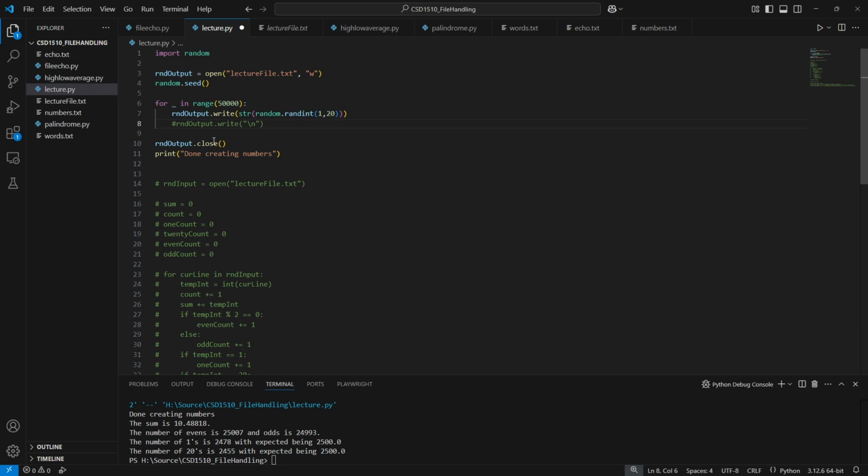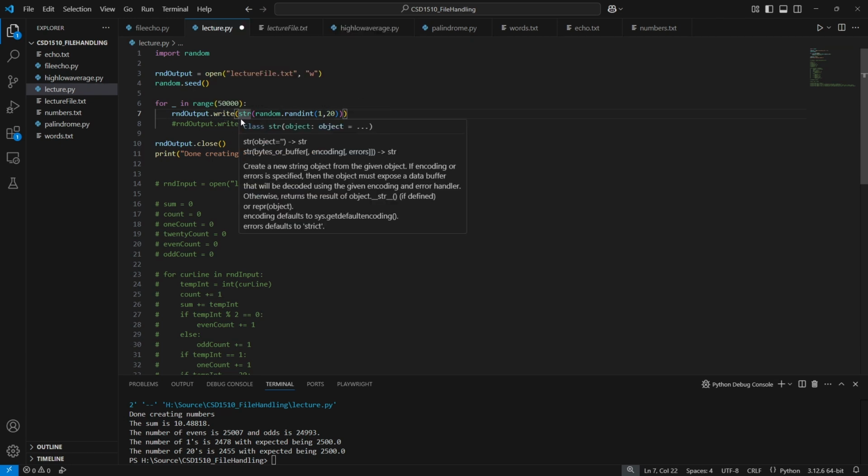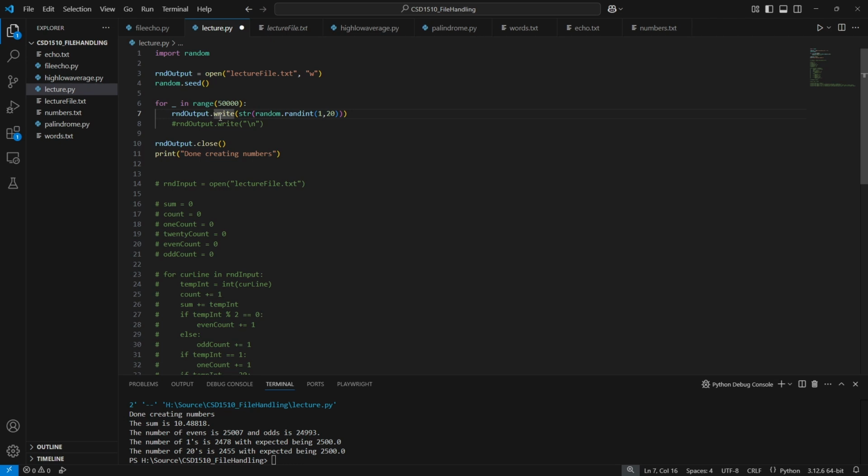This is what I'm talking about where file handling is not hard. You just have a lot of things that you have to keep track of. I'm generating a random int, nothing we haven't seen before. Write does expect a string. I'm giving it a string, so I'm casting that number value to a string and then calling the write function. But if I leave it like this and I run it,